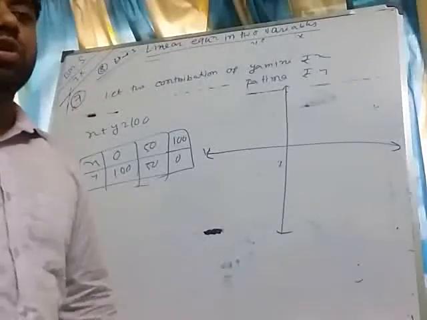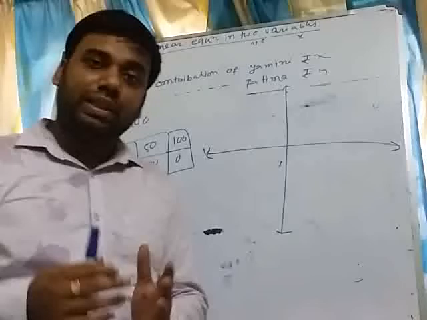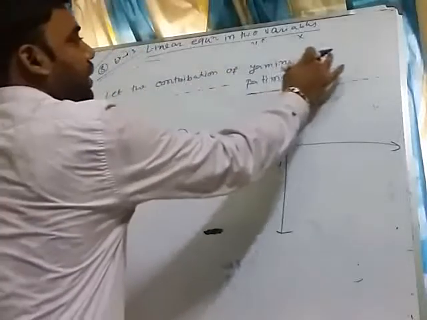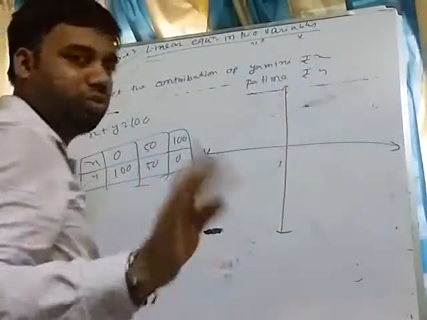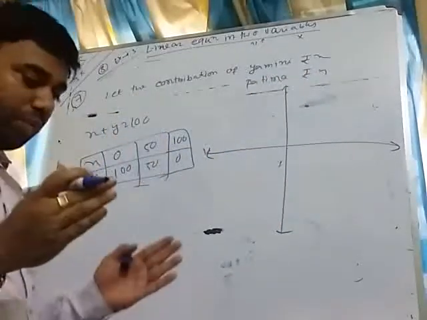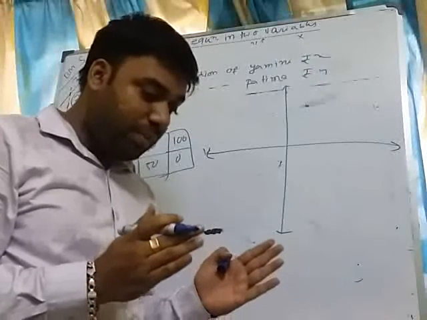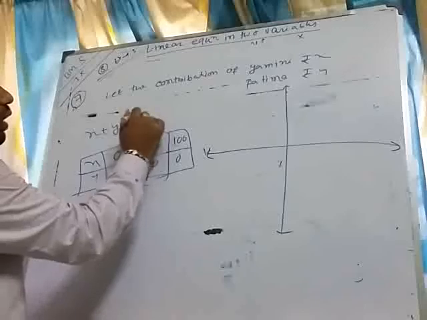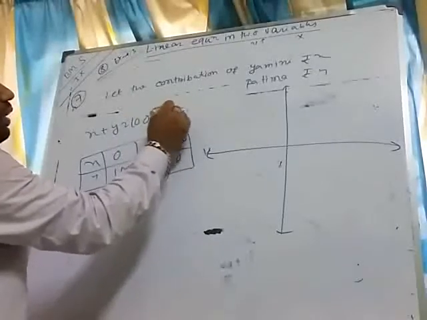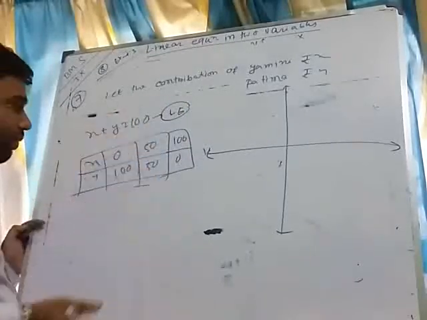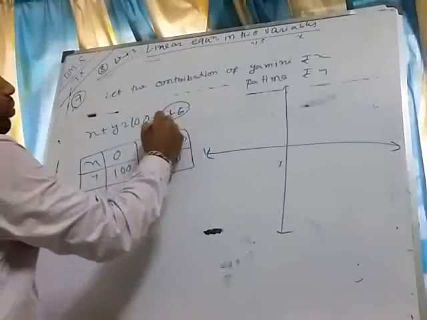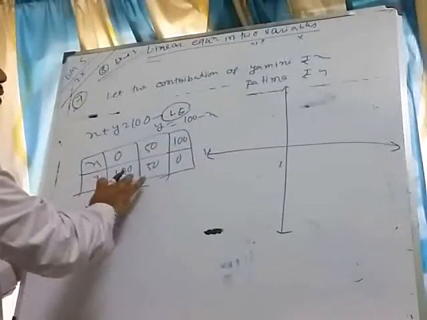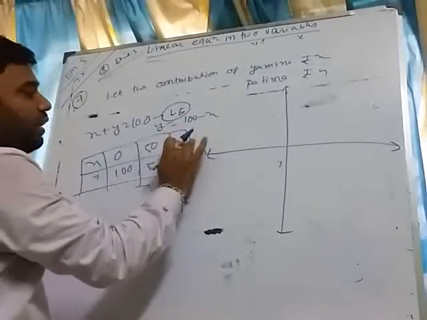in the relief fund Yamini and Fatima have contributed some money and the sum of their money is ₹100. Using that information you have to make a linear equation, then draw the graph of that linear equation. So I am taking the contribution of Yamini as rupees X and the contribution of Fatima as rupees Y. So the total amount, the sum of the amounts of Yamini plus Fatima, is rupees 100. That's why X plus Y equals 100. That is the linear equation in two variables, where X and Y are the variables. Now next step, express Y in terms of X. Now put X equal to 0, then Y equals 100; X equals 50, Y equals 50; X equals 100, Y equals 0.